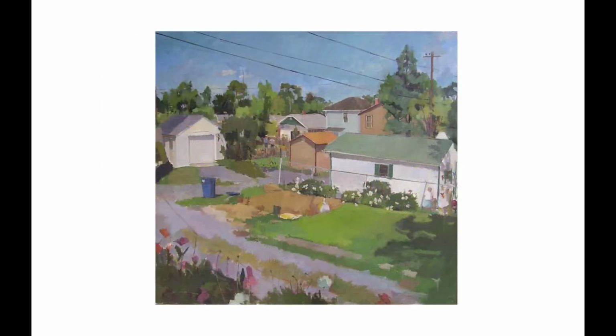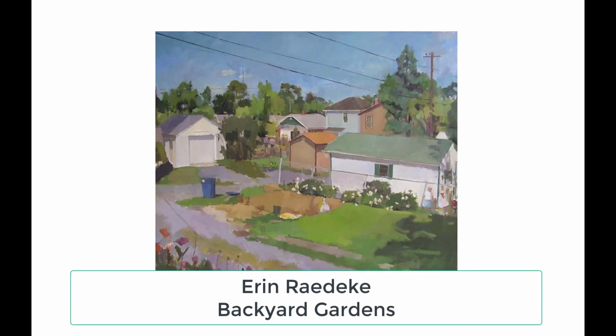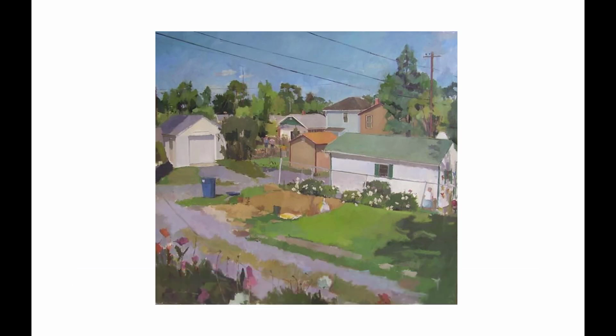Here's a beautiful domestic painting scene by Erin Raedeke, who is a painter who lives in the DC area. It's titled Backyard Gardens. This painting has higher saturation than Diana Horowitz's cityscape that we were just looking at. Again, we're using some of the same conventions where we have this wonderful diagonal that lets us enter into the space, and this middle ground here where most of the houses are,